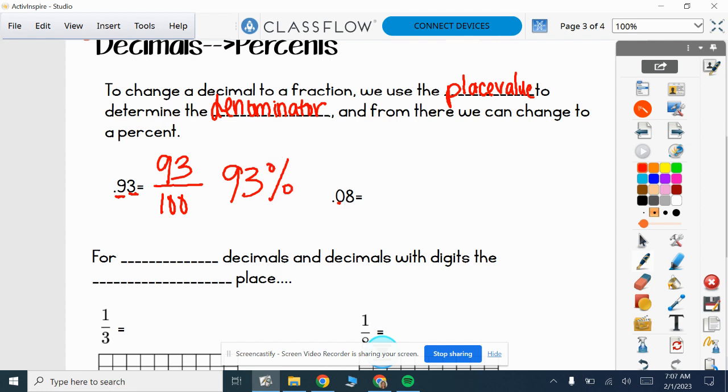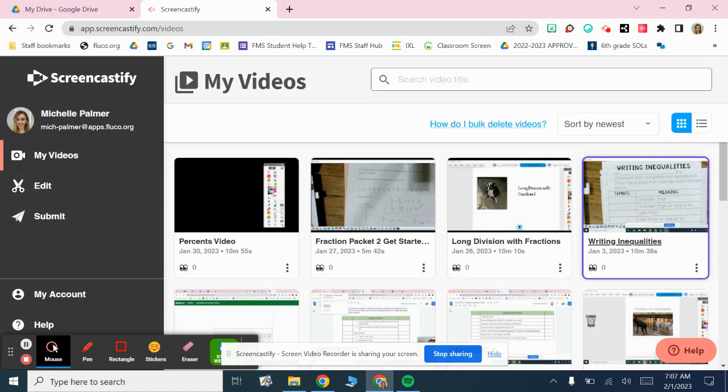So this is the tricky one. We have tenths, hundredths. Don't forget that this is going to be 8 over 100. So that is 8%. These are always tricky. When you have just one single digit up here, you should have a single digit percent. If you got, so let's think about this. If you got 8 questions right,